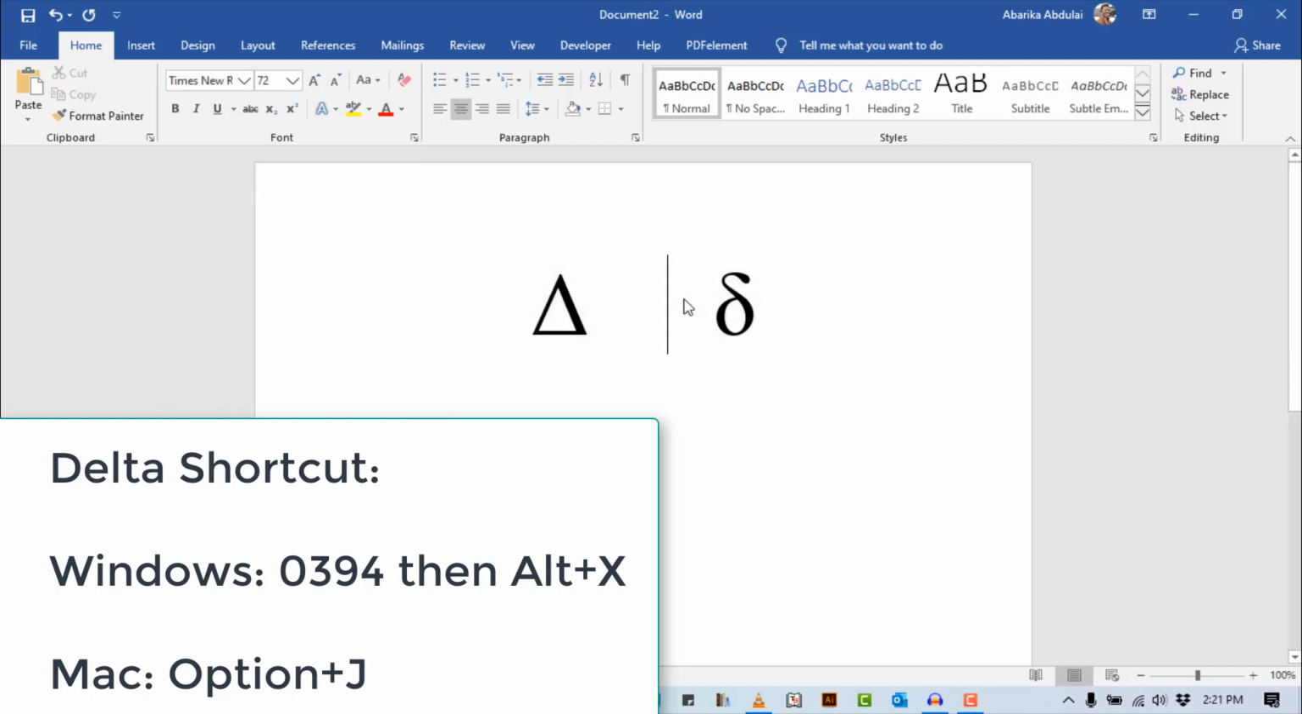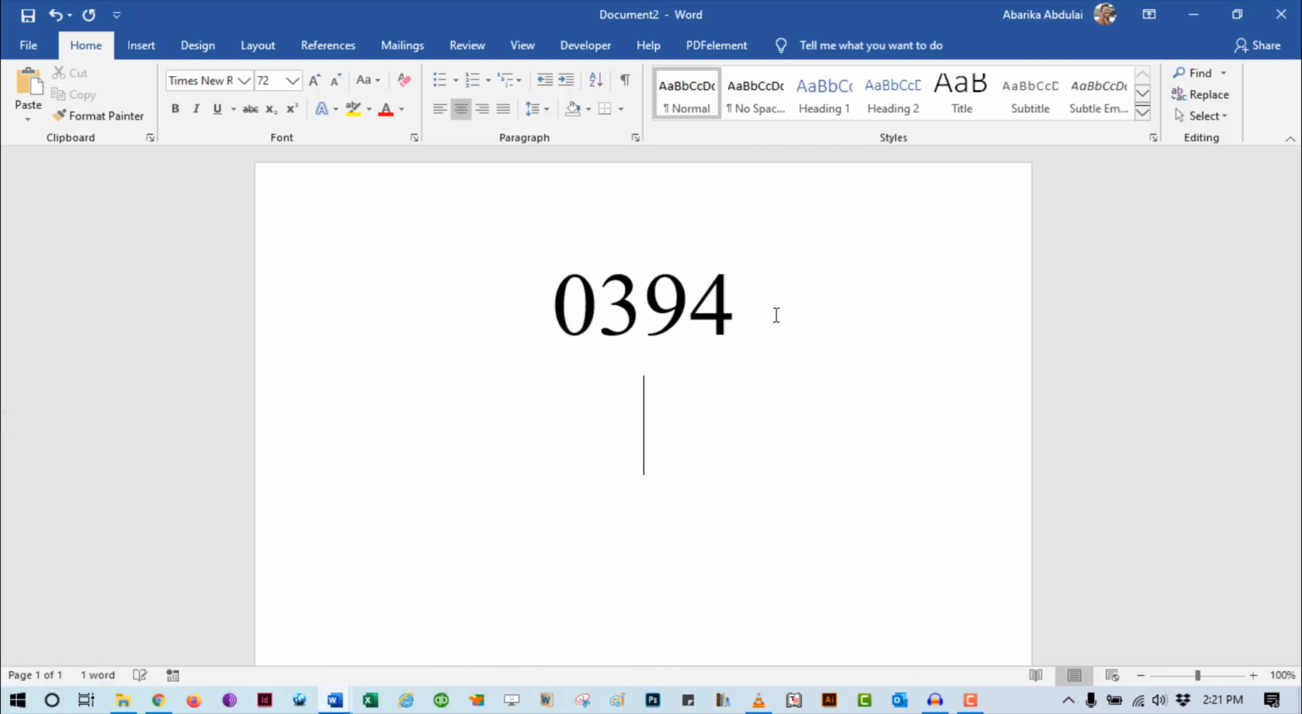Every symbol has a character code, something like a shortcut that you can use to type the symbol into your document. Some people call this the Alt code, because normally the Alt key is always needed to be able to convert the code to the actual symbol. Now the delta symbol character code is 0394, and to use this code to type the delta or triangle symbol